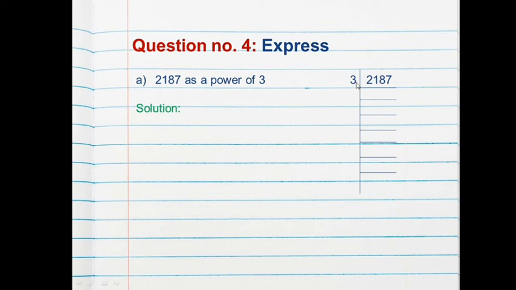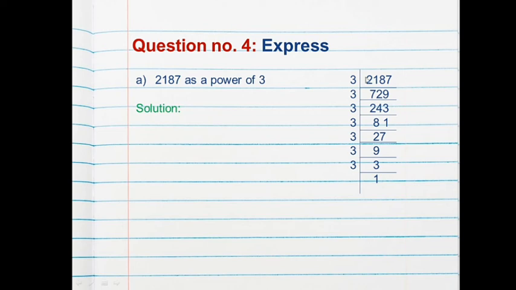So see, 3 is divisible with this number. Yes, so here we will write 729. Then again 729 is divisible with 3, so we write 243. Then again with 3, that is 81. Then with 3 again 27. Okay, then again with 3, that is 9. Then 3 into 3 is 9. Then 3 into 1 is 3. So this is how we have to take out the factors. So we have got the factor as 3 only. And how many times did we get 3? 1, 2, 3, 4, 5, 6, 7.